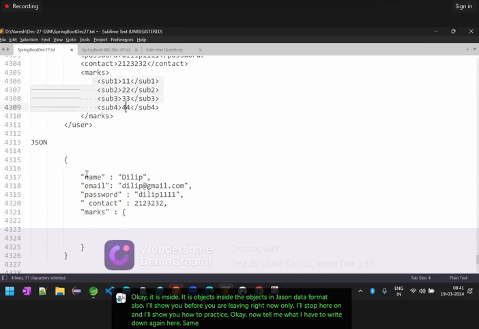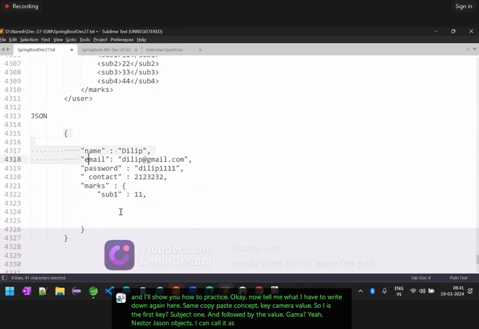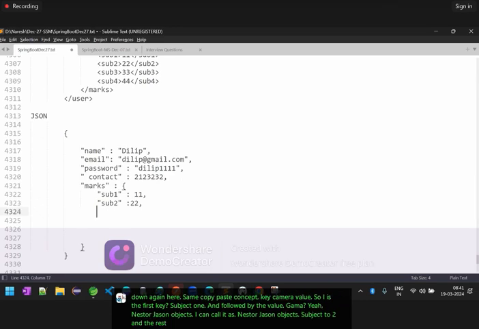Same copy paste concept, key comma value. So what is the first key? Subject one, followed by the value, comma. Yeah, I can call it nested JSON objects. Subject 2 and the respective marks, comma. Subject 3, colon, the respective values, comma. Subject 4,